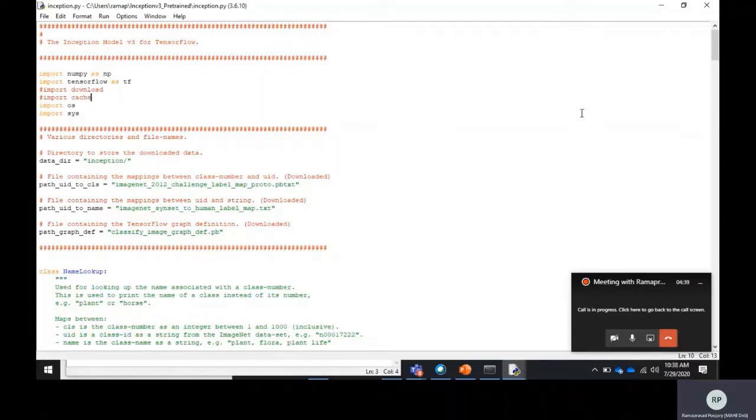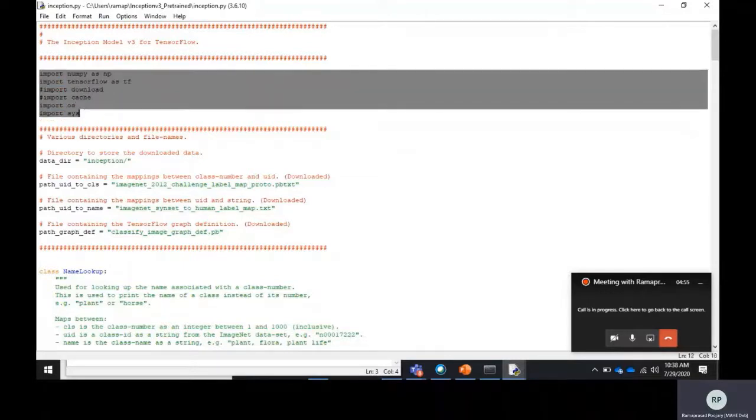A description of transfer learning I have given in the last video. You also need OS and sys. These are the important modules when you want to change paths, etc. So this is the first section where you import the necessary modules.